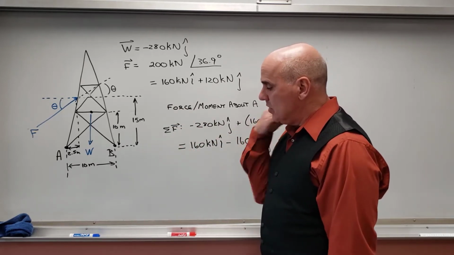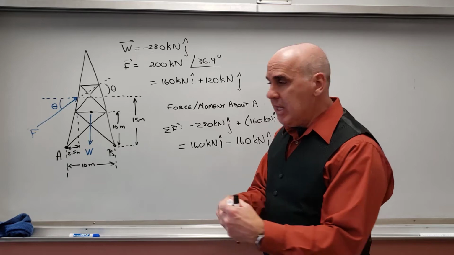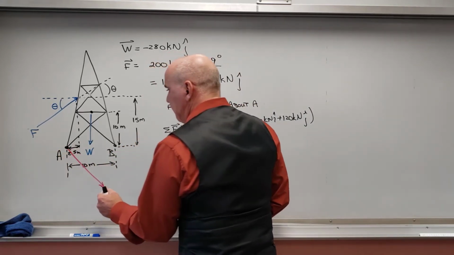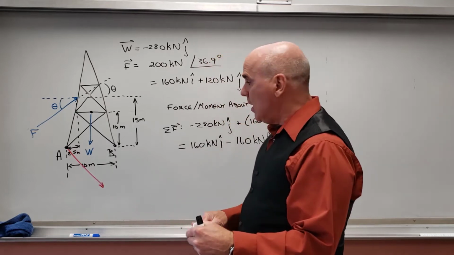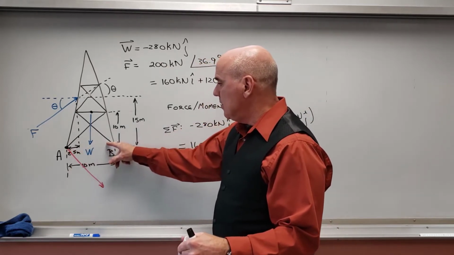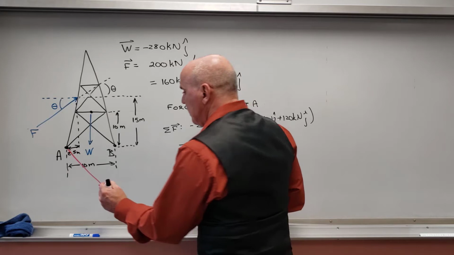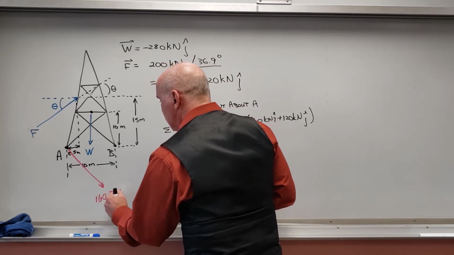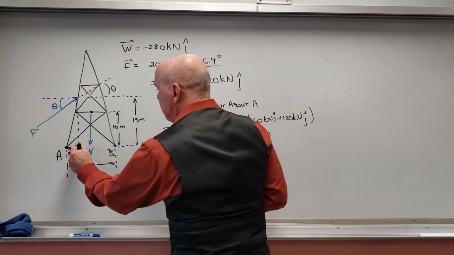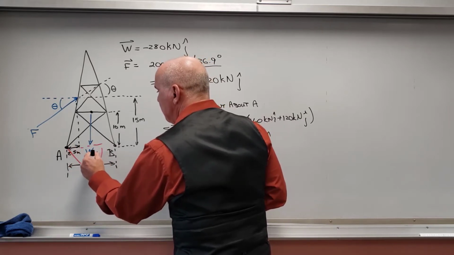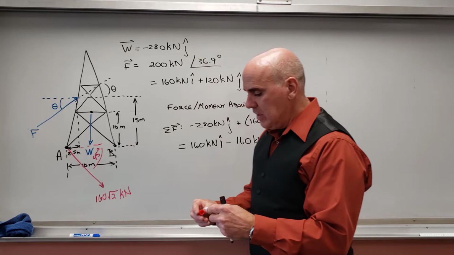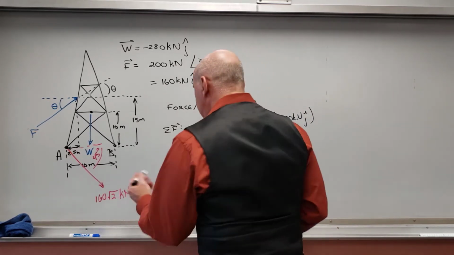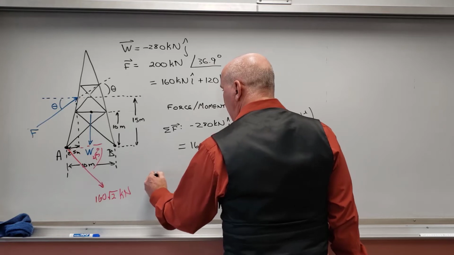So the net force, let me write that out with the red here, is going to be down like this at 45 degrees below the horizontal, with 160 kilonewtons here and 160 kilonewtons here. And so a net value of 160 radical 2 kilonewtons, right? And this is 45 degrees below the horizontal. Okay, now, the other thing I'm interested in is the moment. And so if I do R cross F